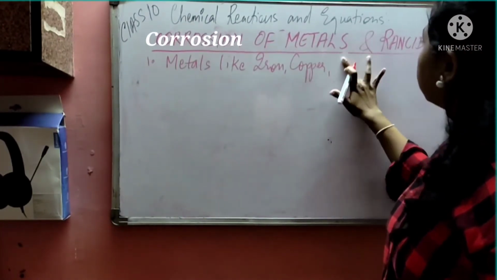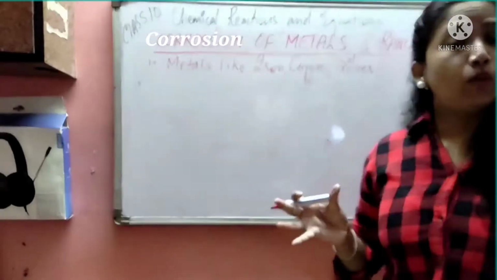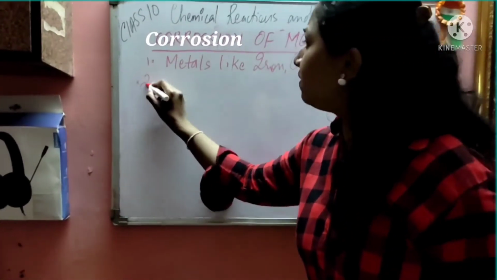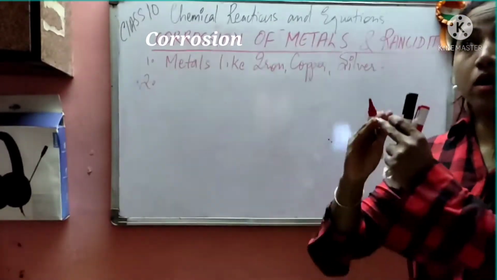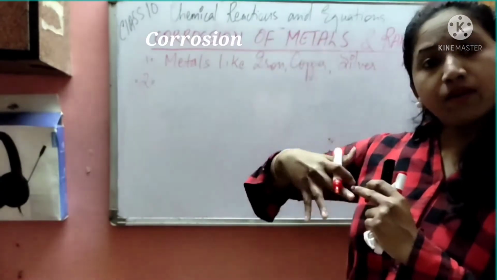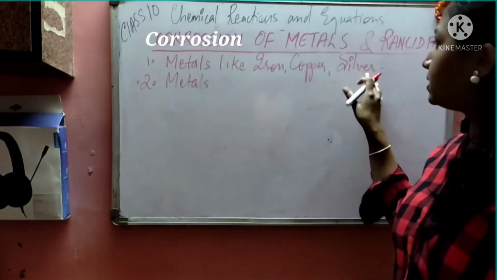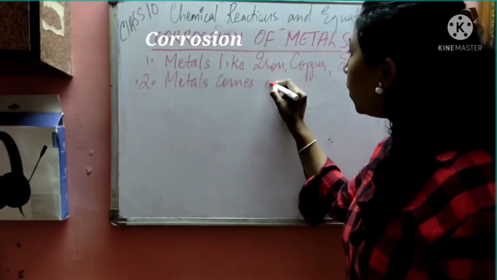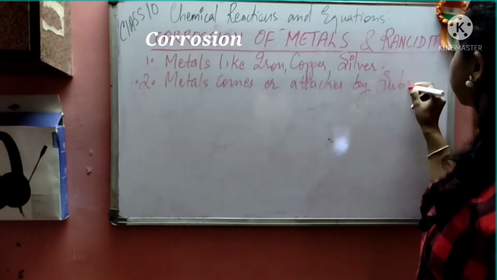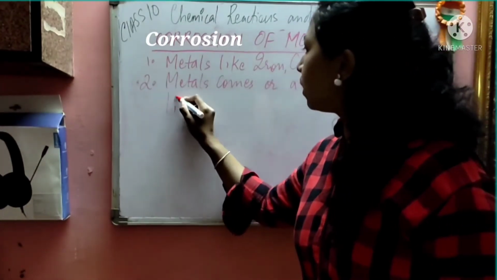and silver. Okay, so metals like iron, copper and silver, whenever they are new, you know guys, they are basically shining. But whenever you're keeping them at room temperature, they come in contact with air, moisture, acid. So what happens when metals like iron, copper, silver come in contact with or are attacked by substances,